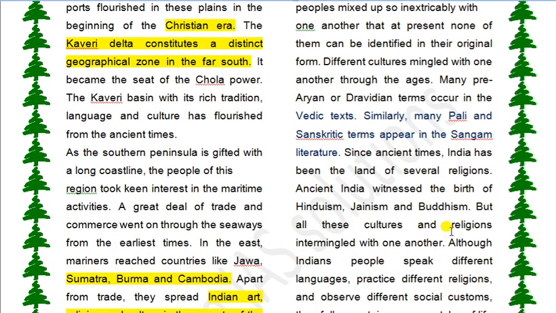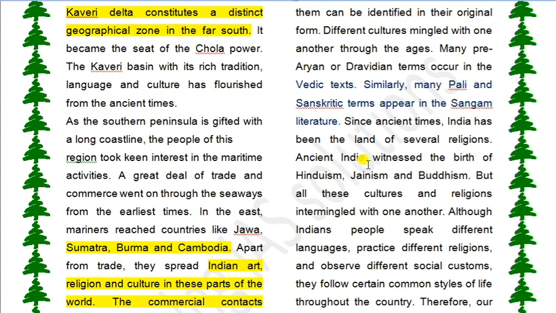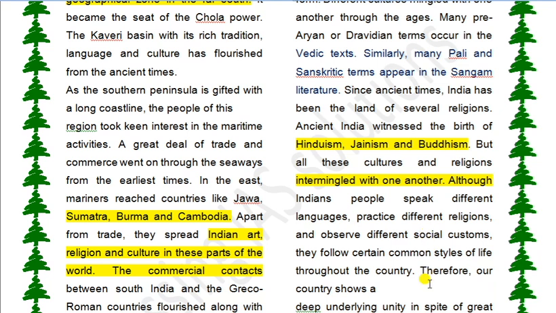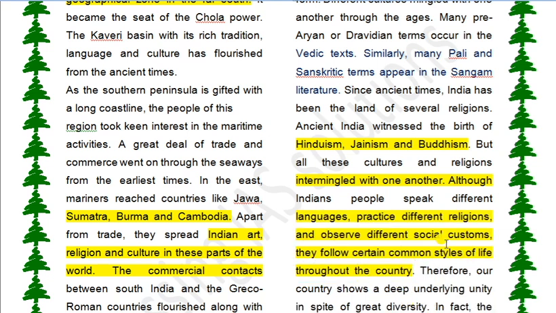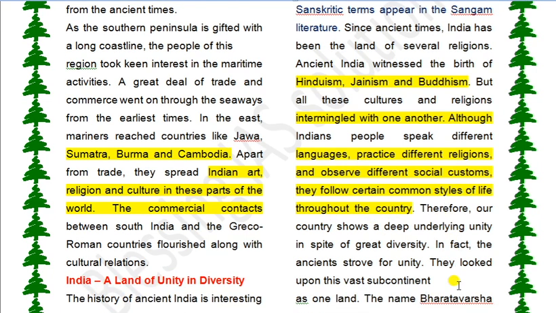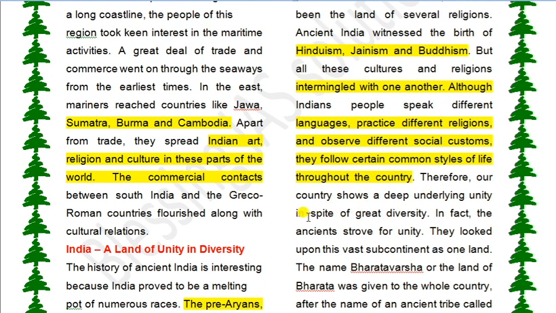Since ancient times, India has been the land of several religions. Ancient India witnessed the birth of Hinduism, Jainism, and Buddhism, but all these cultures or religions intermingled with one another. Although Indian people speak different languages, practice different religions, and observe different social customs, they follow certain common styles of life throughout the country. Therefore, our country shows a deep underlying unity in spite of great